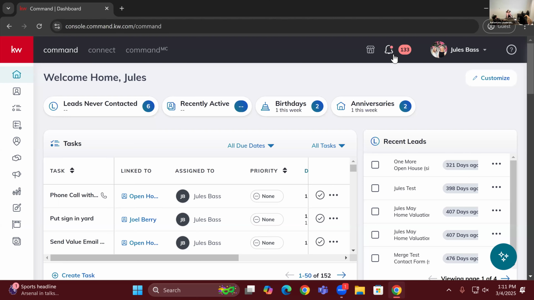Then the best place to start with command, a lot of the tools in command you cannot use without contacts. So what I would recommend today is we're going to go through the steps of getting our contacts from our phone into our command database with just a couple clicks. To do that, we're going to go to the contact section of our command app, which is the second icon on the bottom. And then we can click the three dots on the top right and do import contacts.